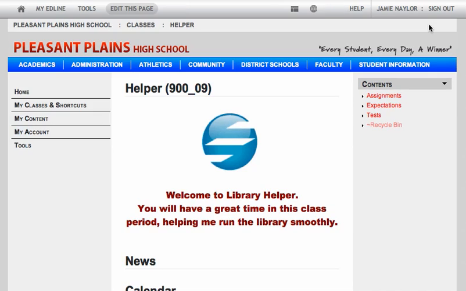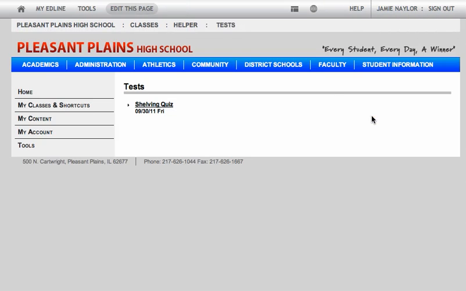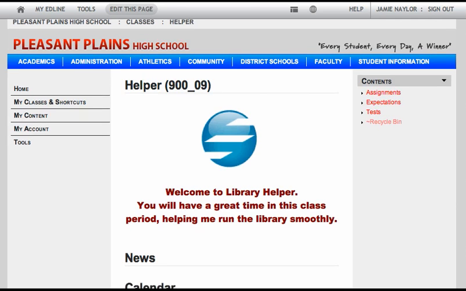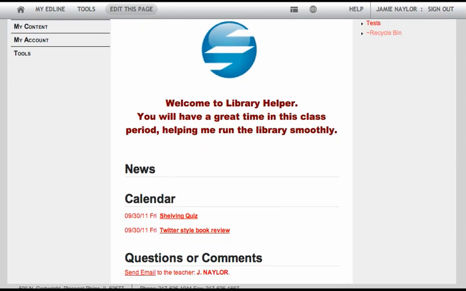Let me click Done so I can access this quiz. Click on Test. And that is how the students would be able to go in and see their quiz. I can also access that shelving quiz by scrolling down into my calendar. Since I did place it in my calendar, it is available